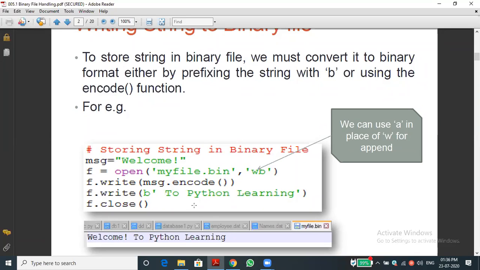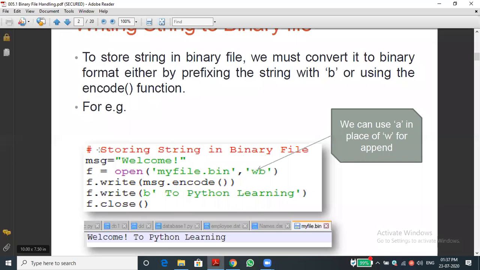Okay, let me tell. These are all basic binary files. Whenever we go to the next topic, you will come to the real binary file, how to store it. That is not fake; this is a basic thing. When we go to the next topic, you will automatically understand. At that time, if you store the data into the file and try to open it, we can open it but we cannot see it directly as we typed it. It will be encoded in a different form. That time we won't use the encode functions.